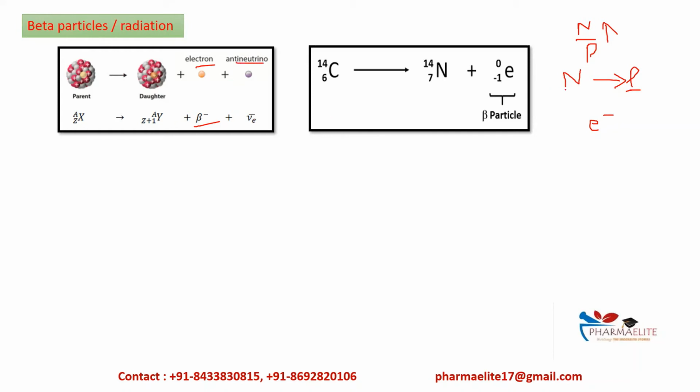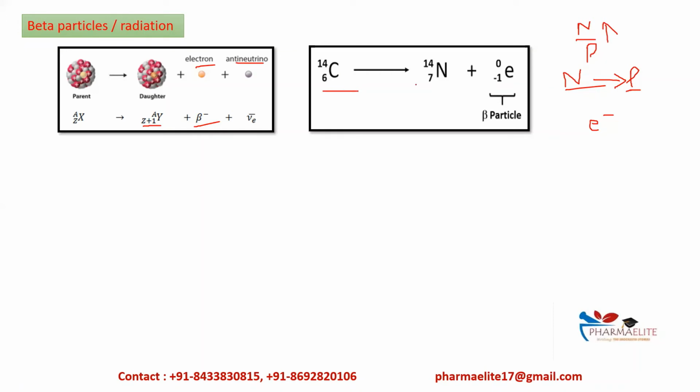Since we are converting the neutron to a proton, we have to write Z plus 1 here. Atomic number is nothing but the number of protons. That's why we have to add Z plus 1. You have to remember that there is no change in the atomic mass. It is constant. What is changing here is the atomic number. This is one case, and another case I will explain shortly.